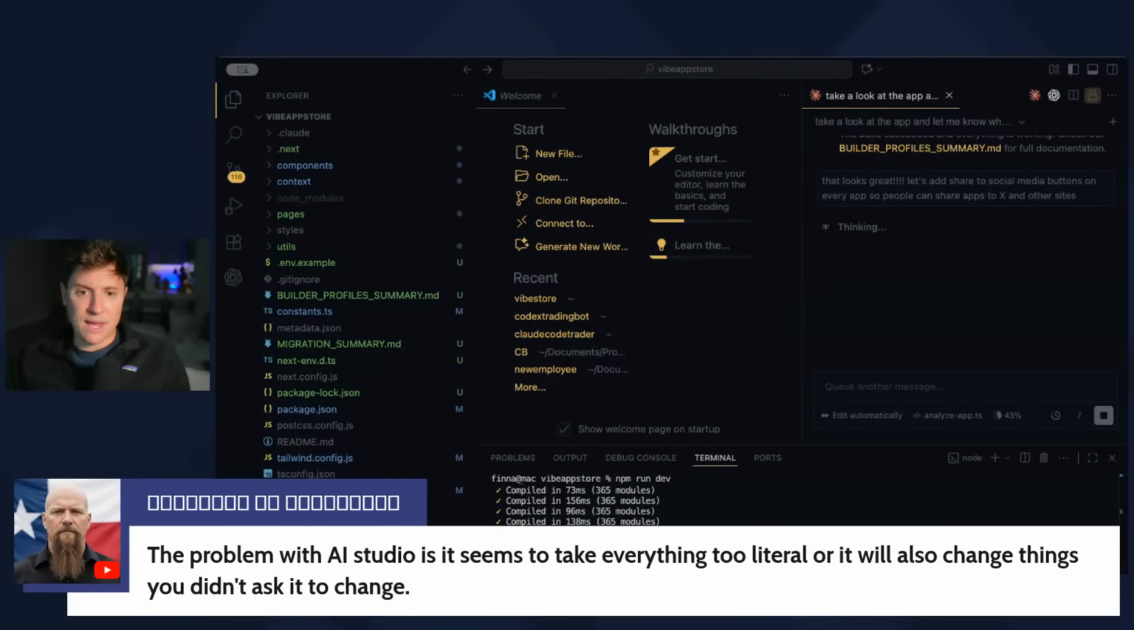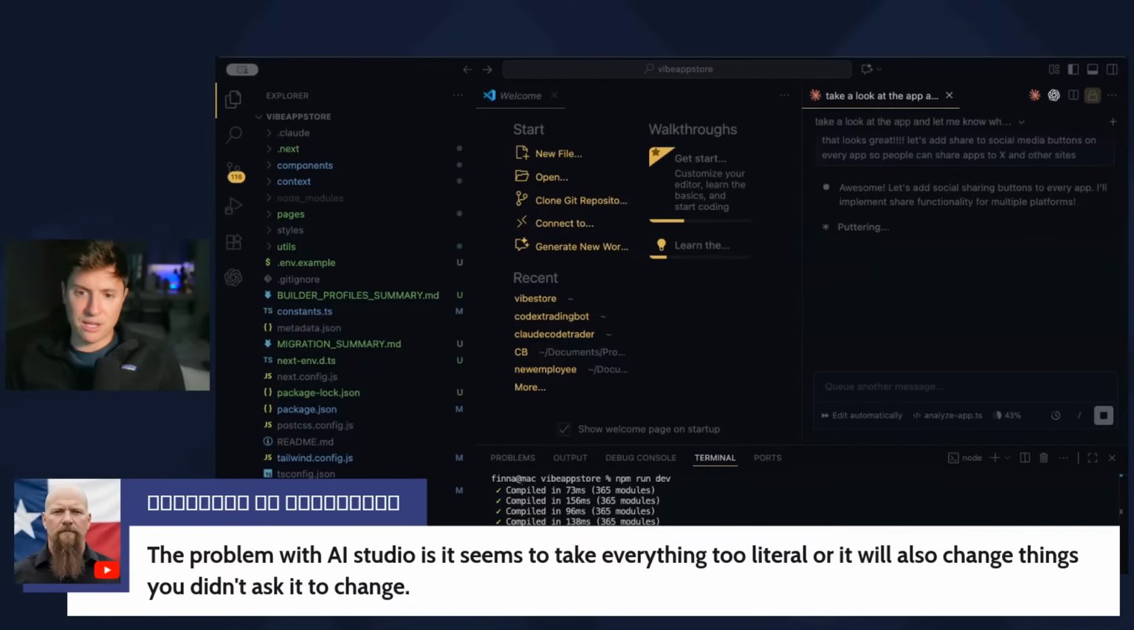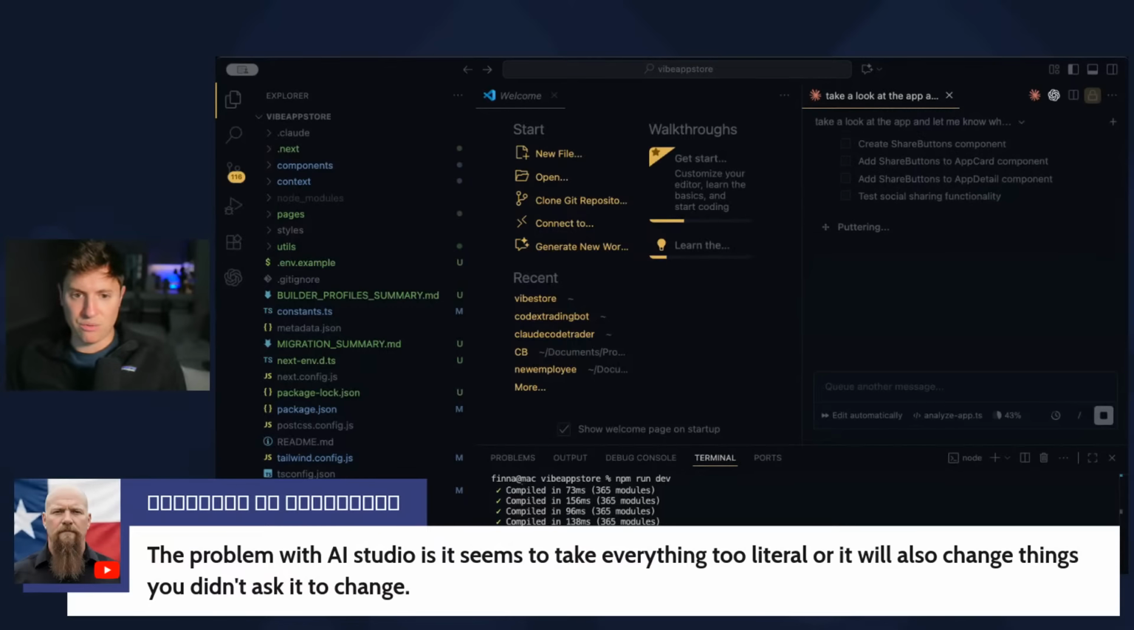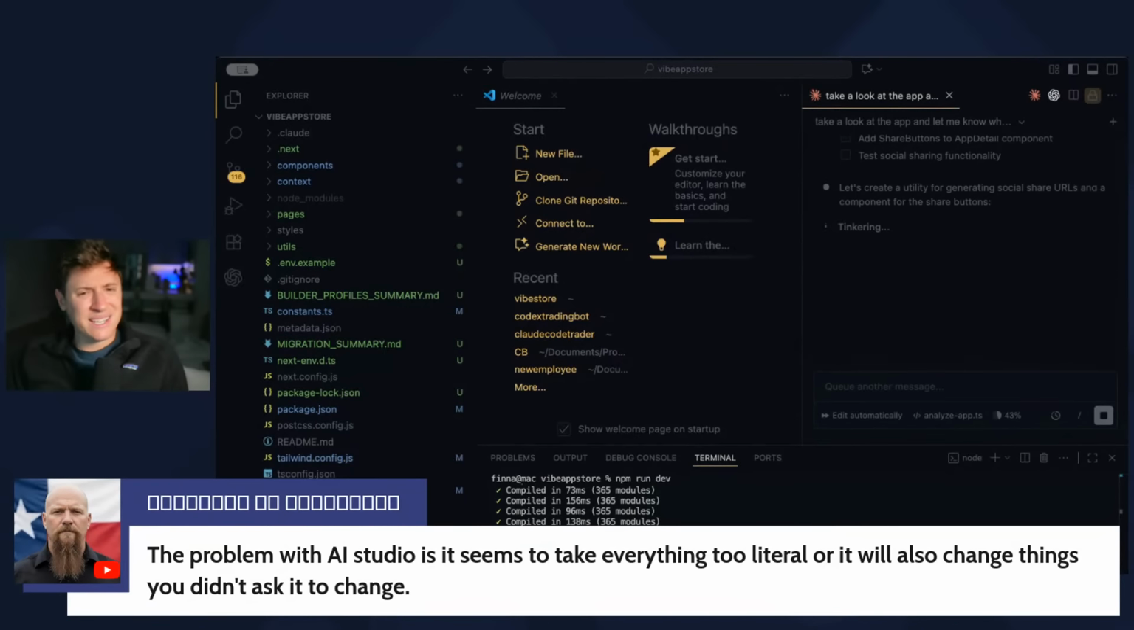The problem with AI Studio is it seems to take everything too literal, or it will also change things you didn't ask it to change. I didn't see that too much in Google Studio. Maybe you need to be a little bit more exact with your prompting. But, you know, Claude's going to be more ironed out in that regard anyway. I bet it gets a lot better